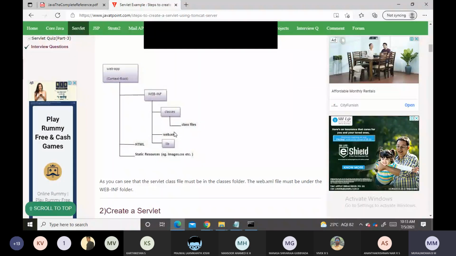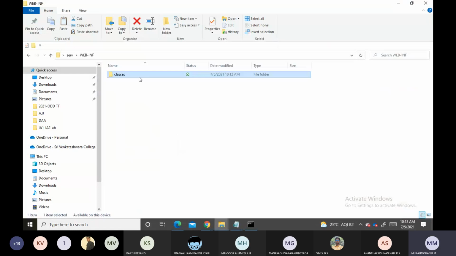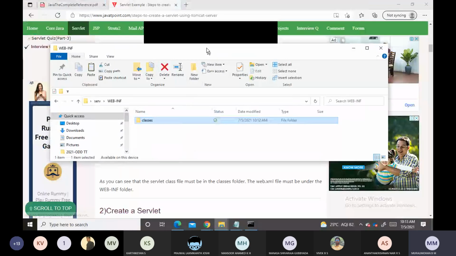So here we should create the web.xml file. I have already created that and I will use the same.